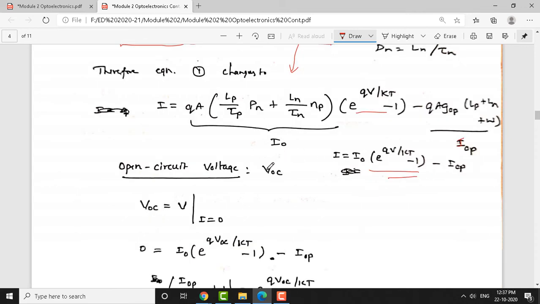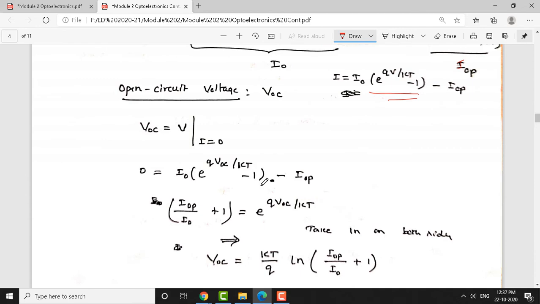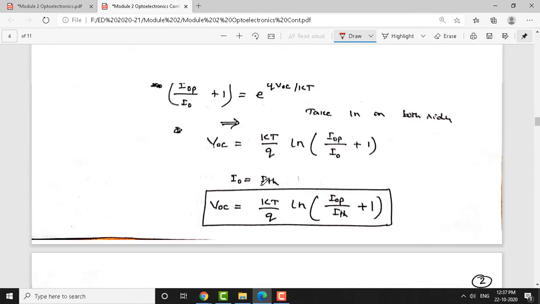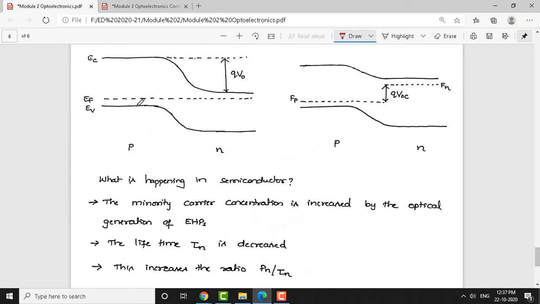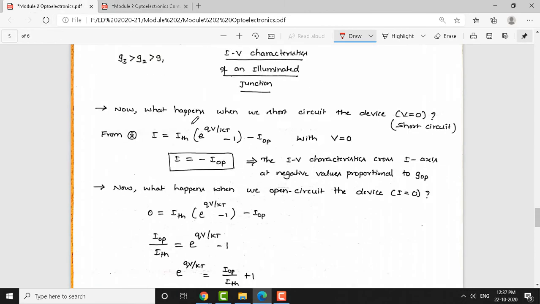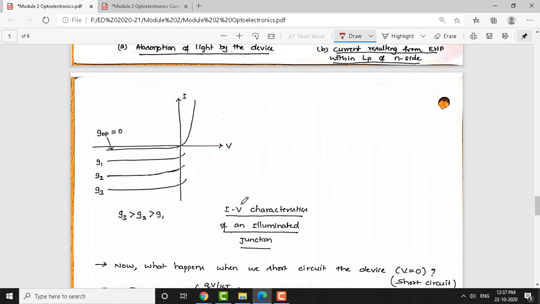Now, let us see the open circuit voltage and short circuit current. Now, the question arises here: what is the necessity of open circuit voltage? Why do we need to calculate open circuit voltage? I told you the need for calculation of this open circuit voltage. Look at these characteristics. This is the IV characteristic of an illuminated junction. Forward bias, see, we are not interested in forward bias because here the PN junction is like a passive device. Because you give an external voltage here, and corresponding to that, current flows in an exponential manner.